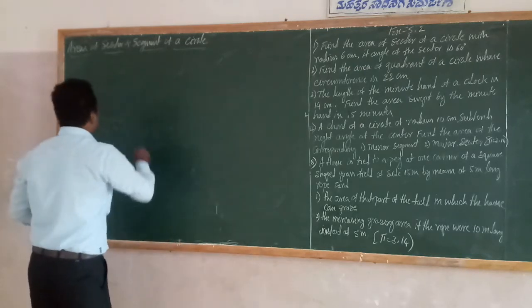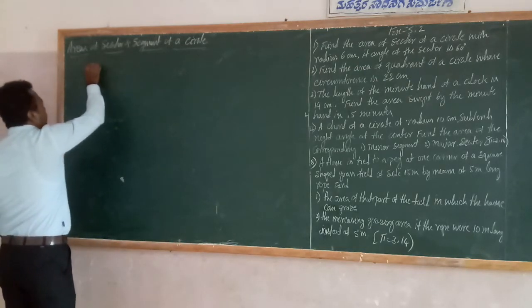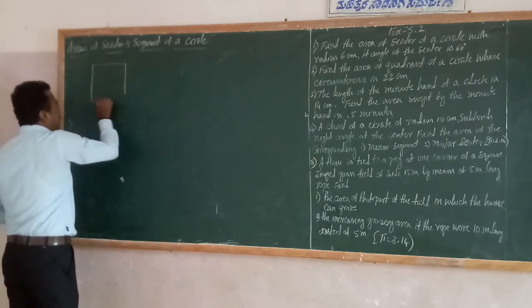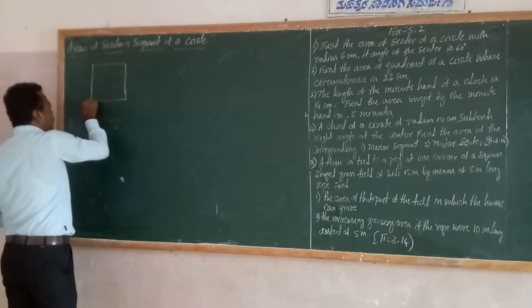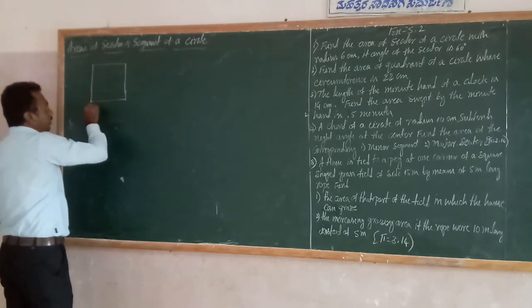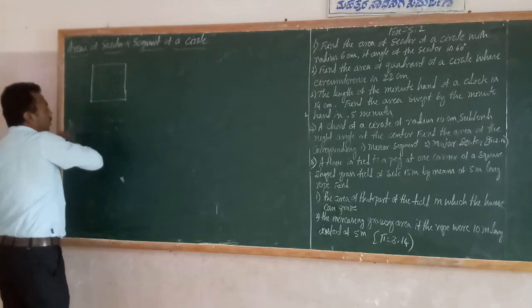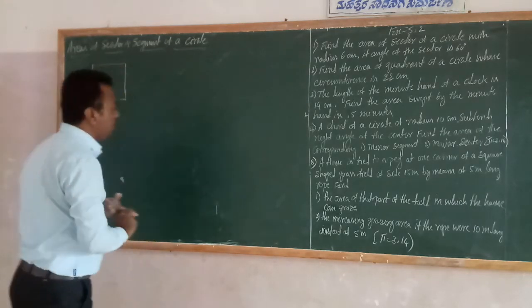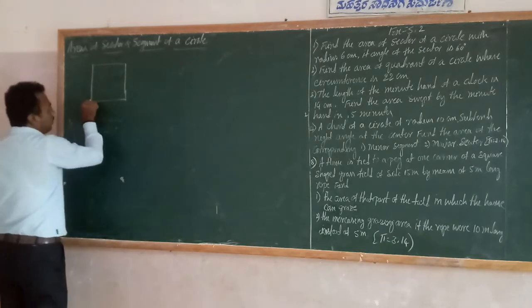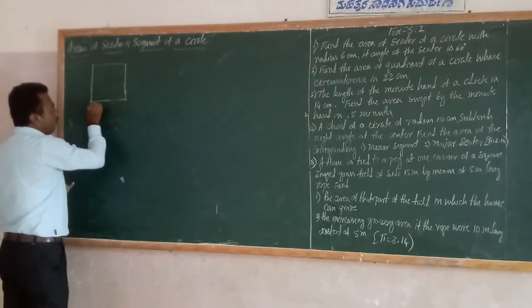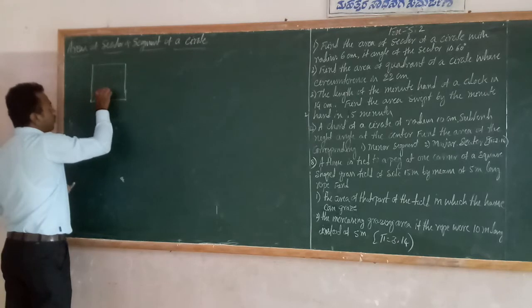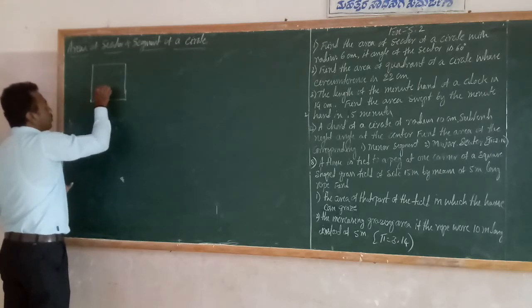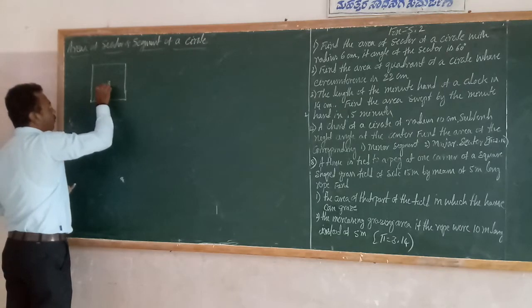Okay. So first I will draw the diagram. In your textbook there is the diagram. So this is the square shaped field. At one corner I will tie the horse. One horse we can tie at one corner of the field. I will take the 5 meter rope. So here the horse is there. Okay, this horse can graze the field.